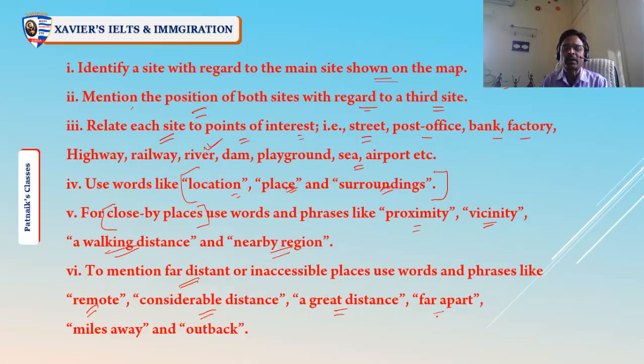The post office and the airport are far apart, right? And miles away, the airport is miles away from the post office, right? So this way we can frame the sentences to represent the distance, right? A long distance, right? And then,